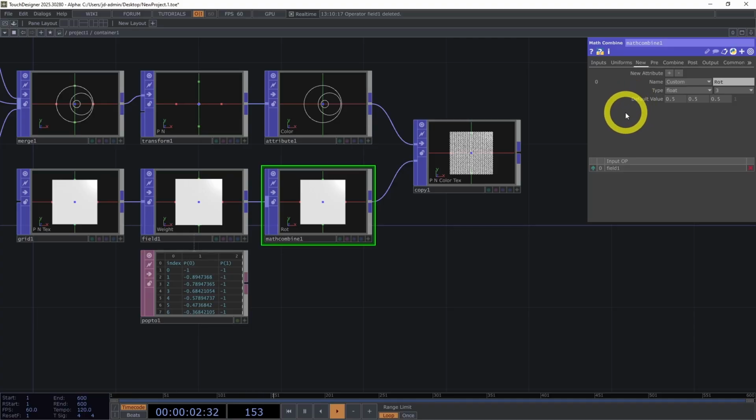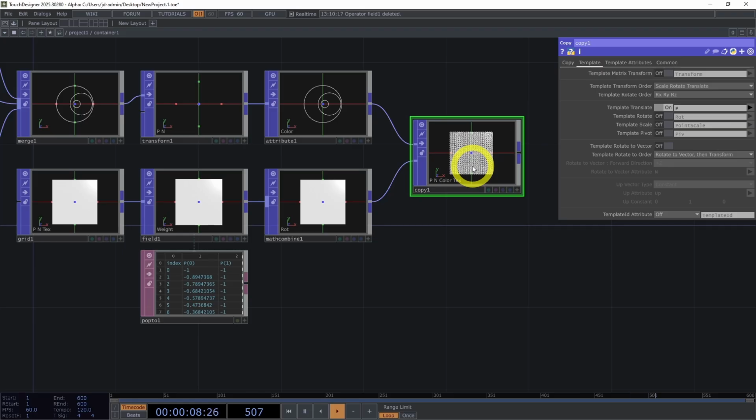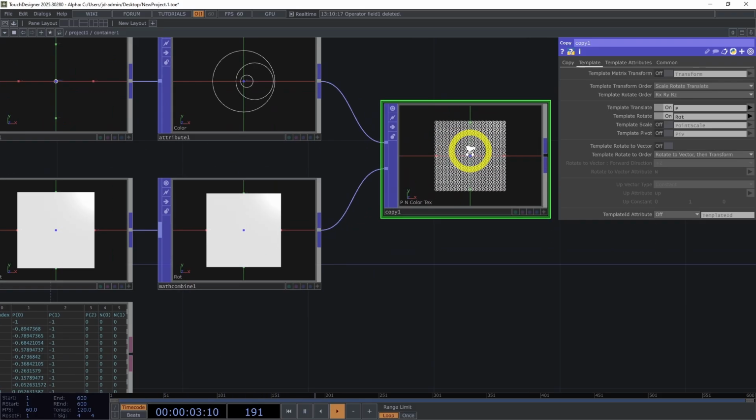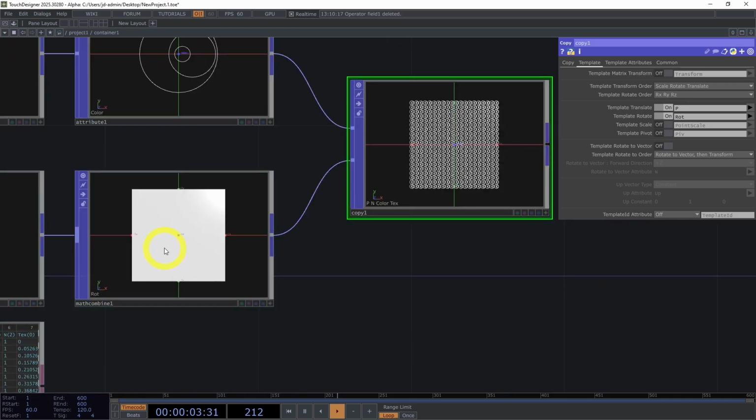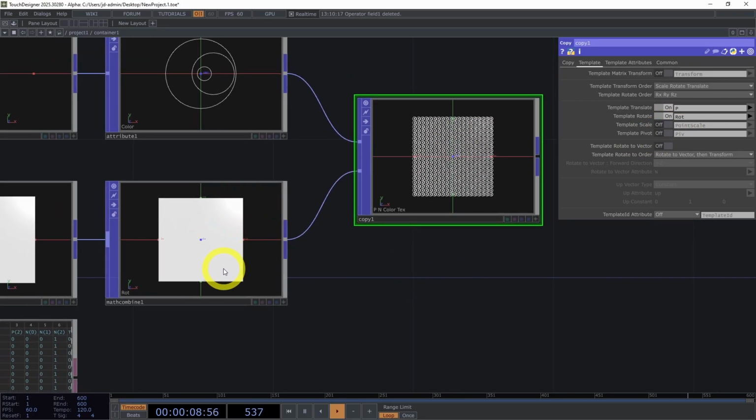So before we move on to our combine page in the Math Combine POP, we're going to head to the copy POP one more time and turn this template rotate switch on. And that is going to now pull in the rotation or ROT attribute from this template input and apply those rotations to each one of the copies. Now, right now, because we only have a value of 0.5 applied to each one of the components of that ROT attribute, we really are not going to see a whole lot happening in the copy POP. But I wanted to enable this now so that we can see how the changes that we're about to make